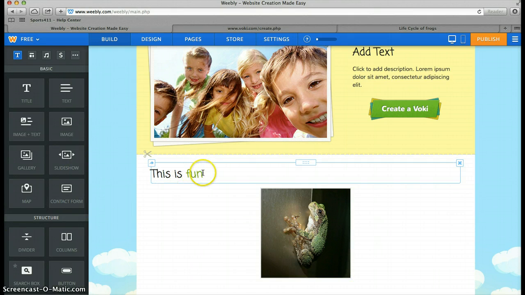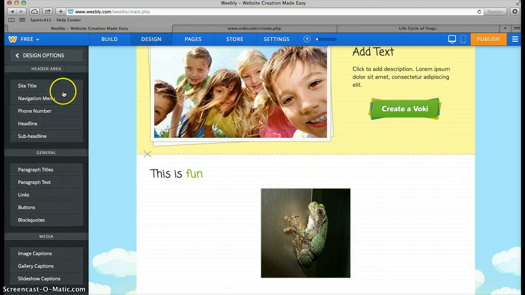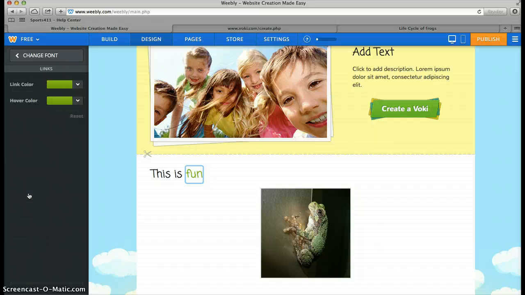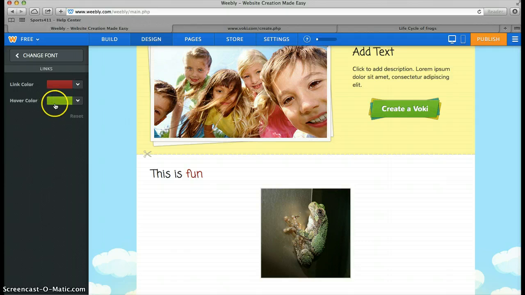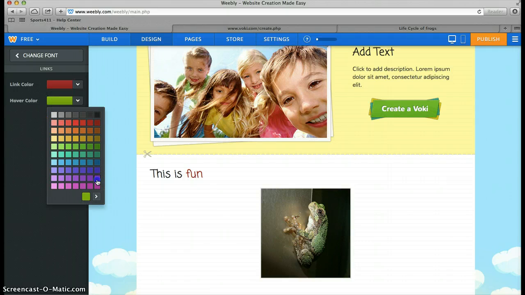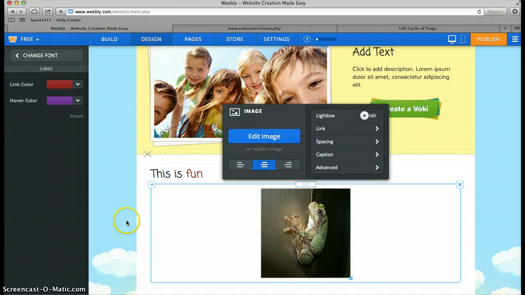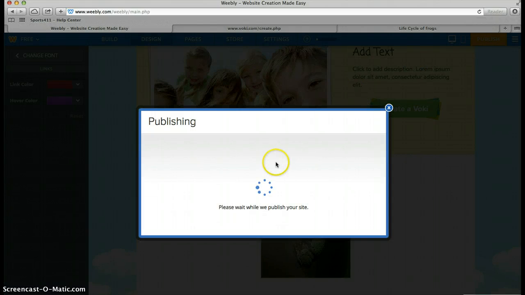You can also choose to edit that under the design feature. If you go to fonts and links, you'll see that the word fun is highlighted by the box, and it is preset to be green whether you click on the link or you hover over the link. I can change this if I would like, of course. You'll see that I changed the link to a red color, and maybe if you hover over it, I want to make it purple. So now, when I publish my page,